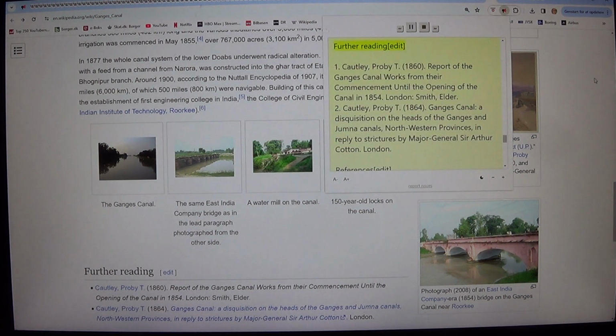Further reading, edit. 1 Cautley, Proby T., 18